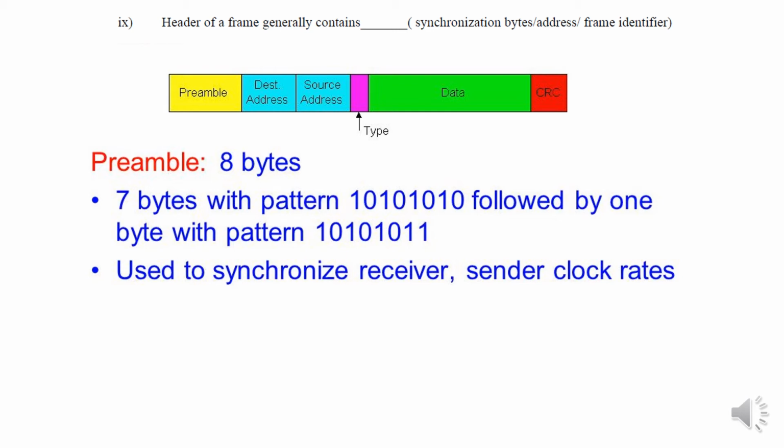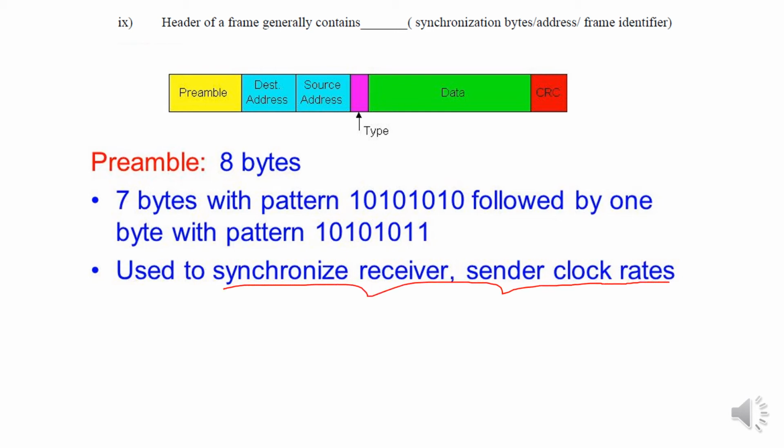So this is basically the frame header. This part is the header, this part is the trailer. In the header part, it adds basically these four things: one part is the preamble, then the destination address, then the source address, and then the type, the frame type. Now what is this preamble? The preamble size is 8 bytes, and it is used to synchronize the receiver and